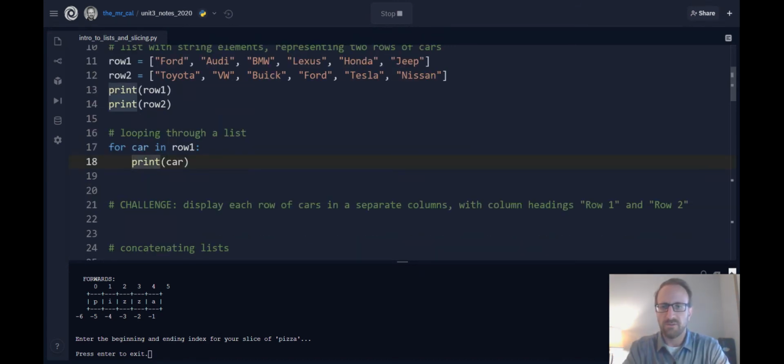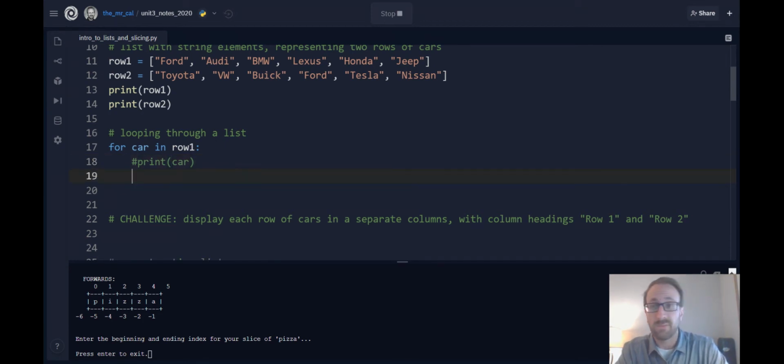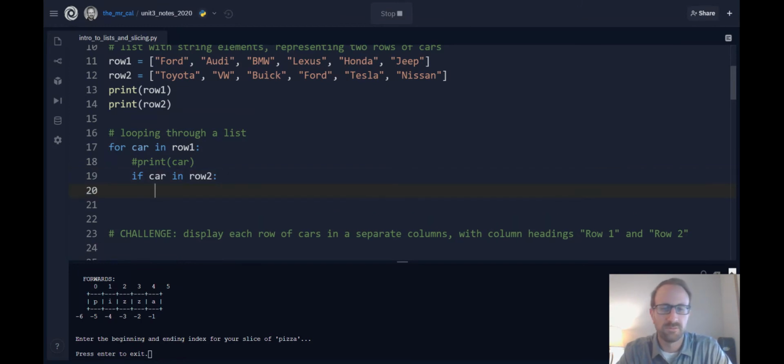Which is good, and we can get access to all these cars. And what that means then is we get control over what happens in this loop depending on a car. So we could also write if statements based on this now. We could say, well, if a car is in row 2, maybe we want to look to see if there's one of those cars in the second row of cars,